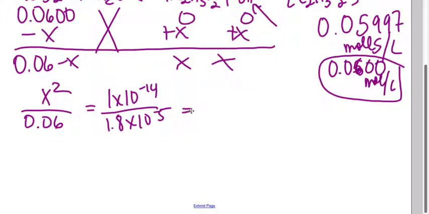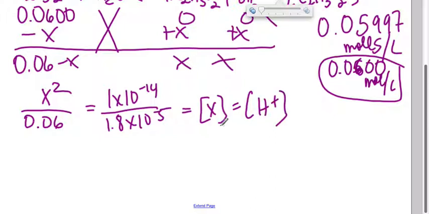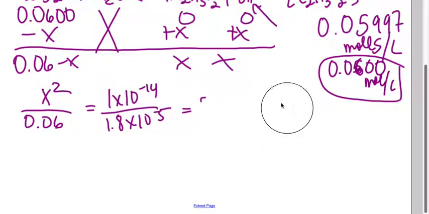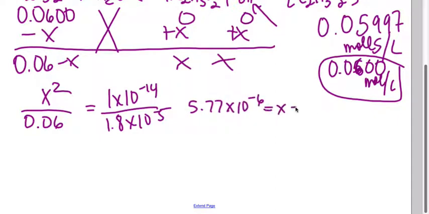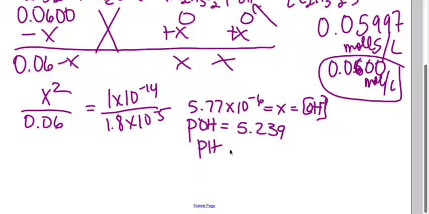So we're looking for 3 sig figs, which is going to be an X. You don't have to round yet, because X, if we find it out, is equal to, I don't know why I put X in concentration brackets, because I'm trying to get this done fast and I'm making stupid mistakes. 5.77 times 10 to the negative 6 is equal to the X, which is equal to the OH minus concentration. If I take the negative log of that, I want pOH to 3 decimal places, please. 5.239. Therefore, thank you, pH is